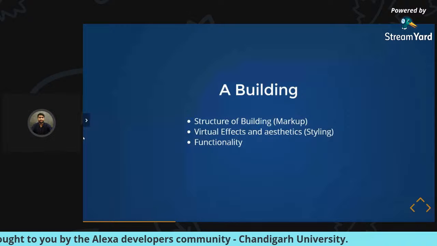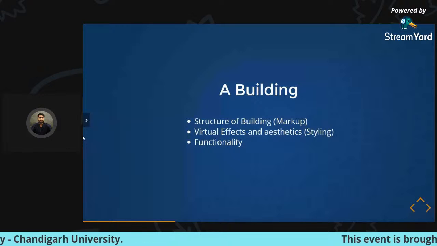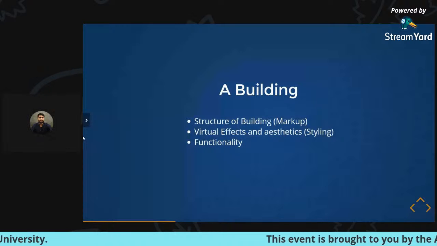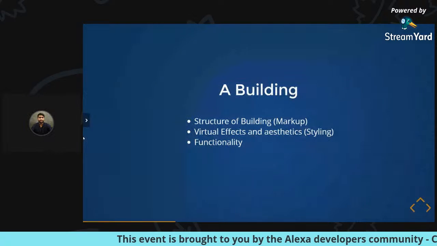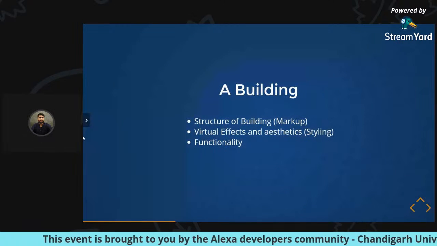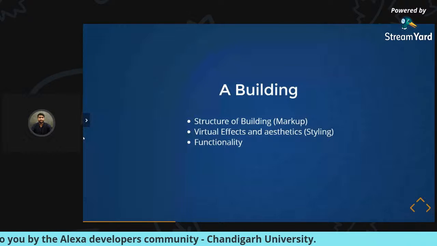These are the visual effects which we put whenever our room is completed. So this is called the styling part. And the third part is the functionality. It is what we do after everything has been completed. Means you have created the structure, you have created the visual effects, and now you want to put up the